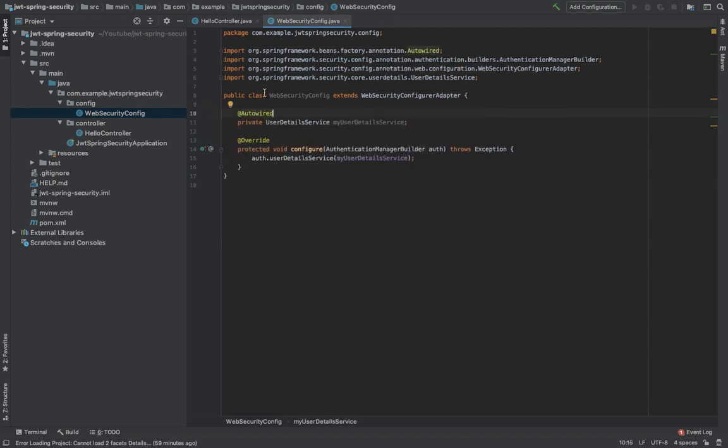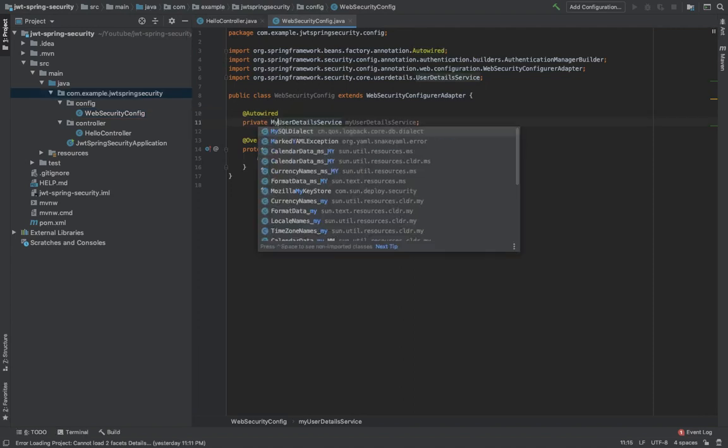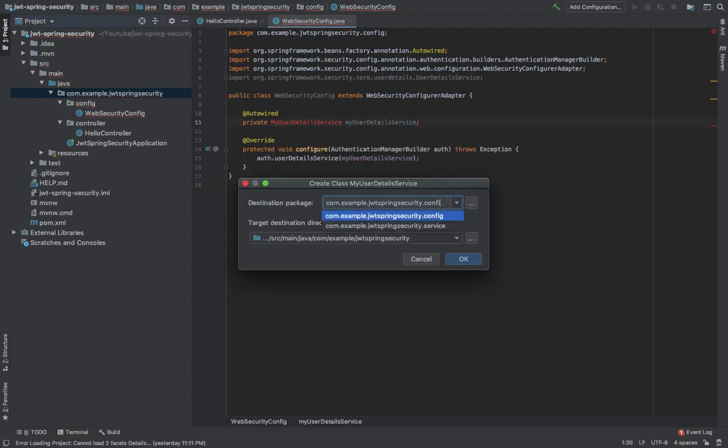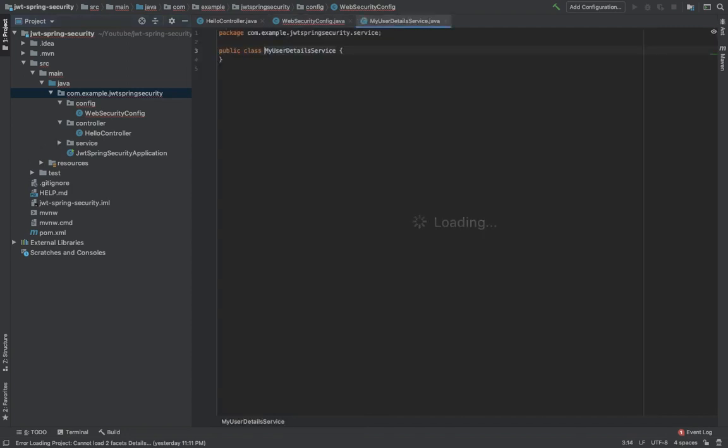Now let's create this user detail service class. Now let's create MyUserDetailService, which is going to implement UserDetailsService.